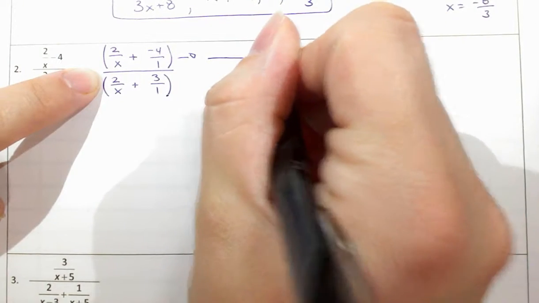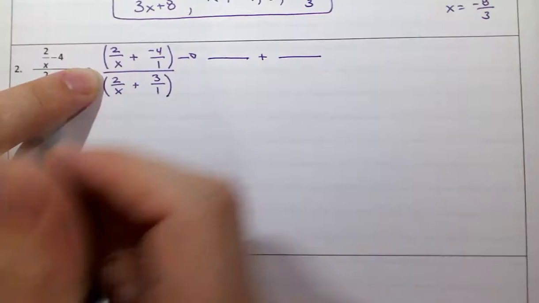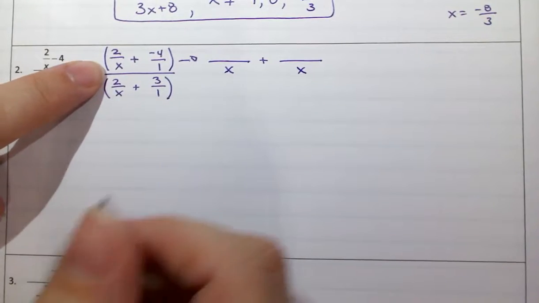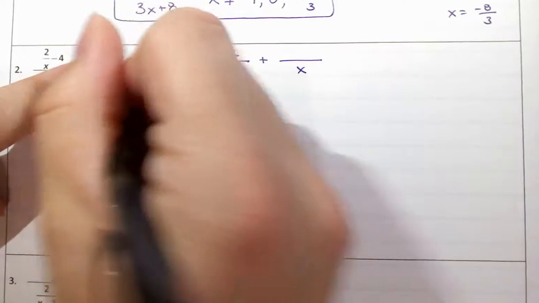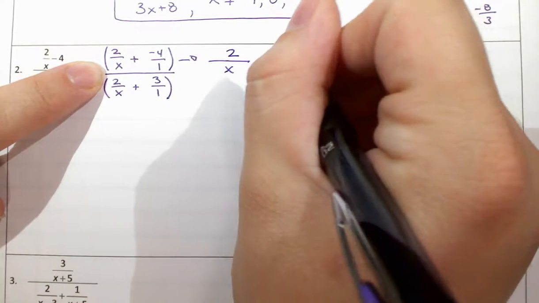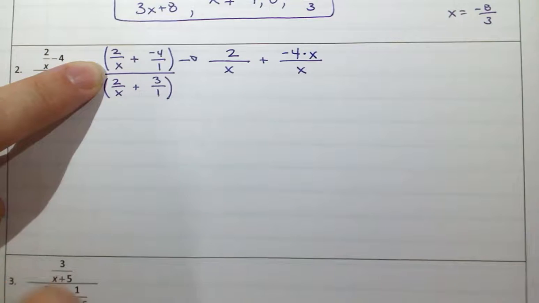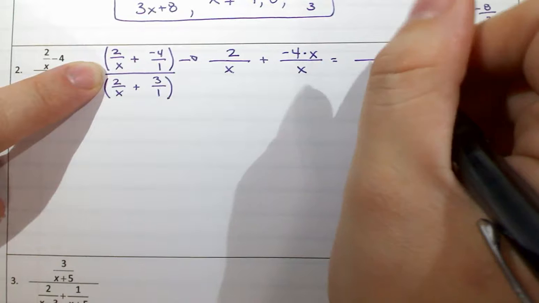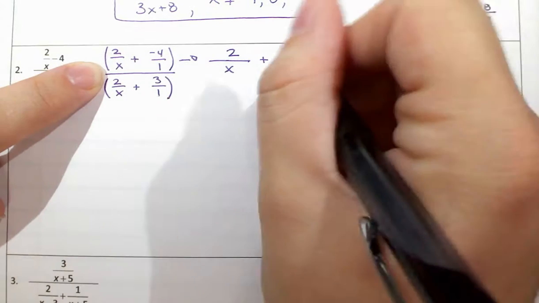So the good news is the denominators are going to be very easy to come up with. X and 1, the common denominator is 1x. Okay, so this first fraction already had the x. But the second fraction, we have to multiply it by x. Okay, so we're ending up with, remember they're all going to go over x, 2, well that's going to be